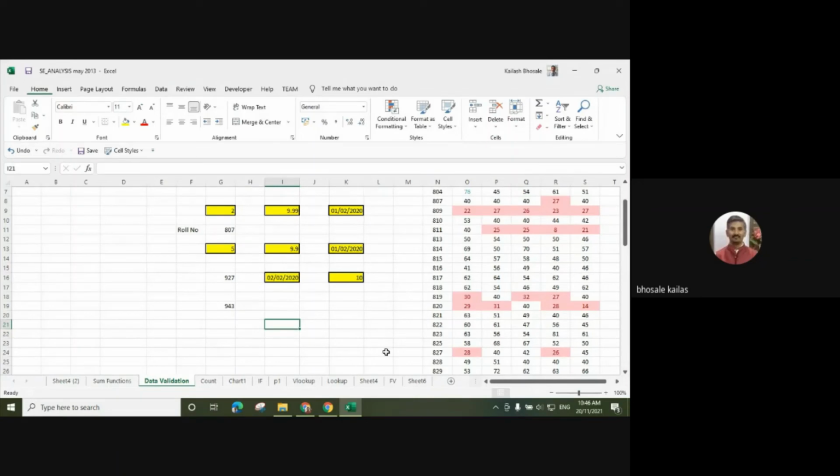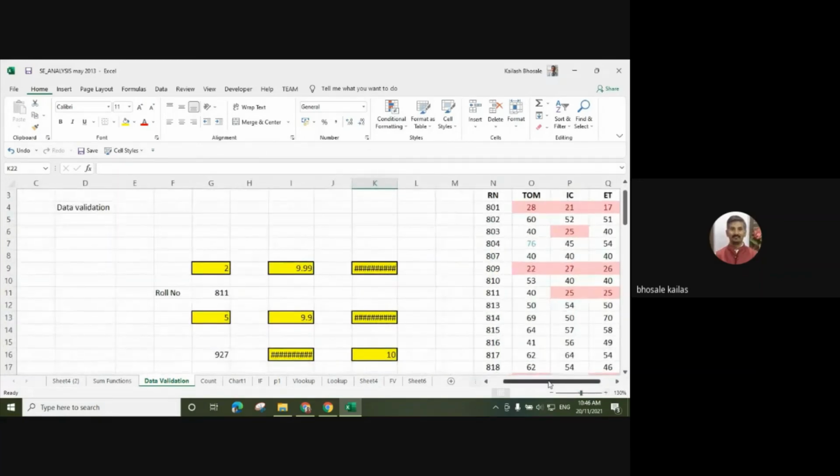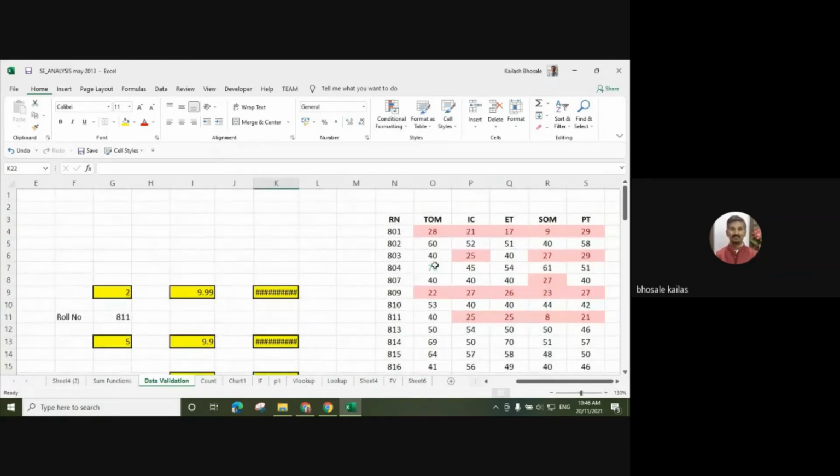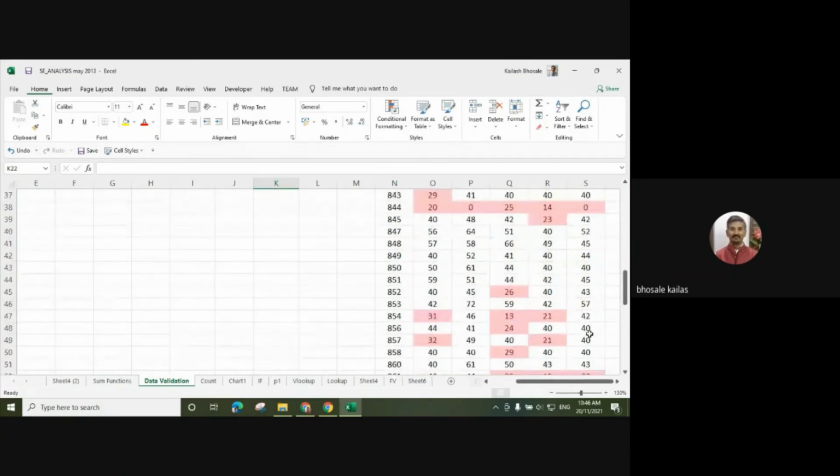Suppose that we are having some data and we want to find out some marks. This is the huge data, and these are the marks of the roll number and subjects. Like 1, 2, 3, 4, 5, 5 subjects are there, and these are the marks of the students.